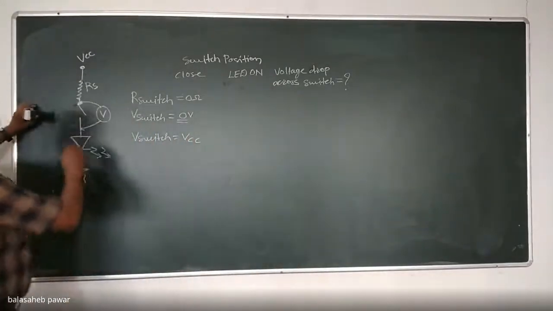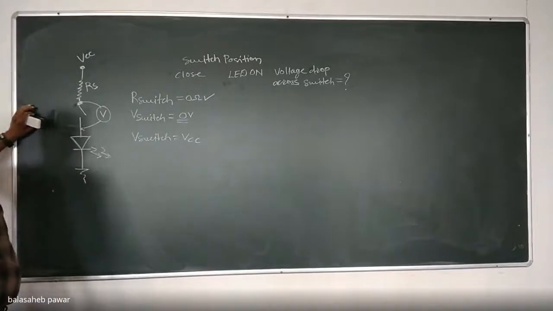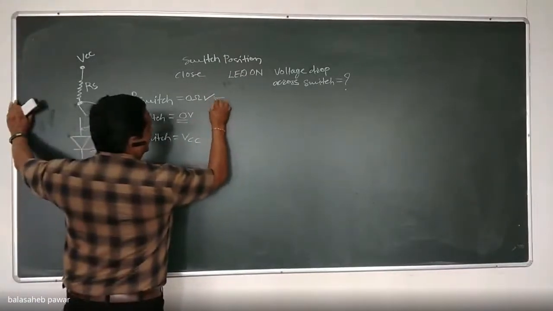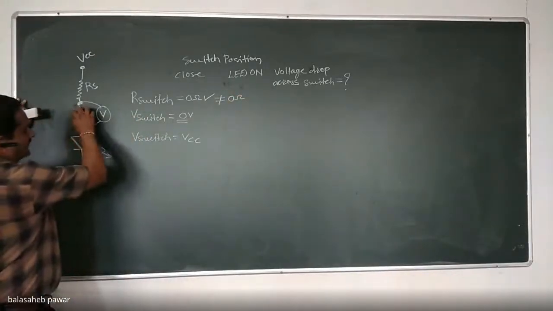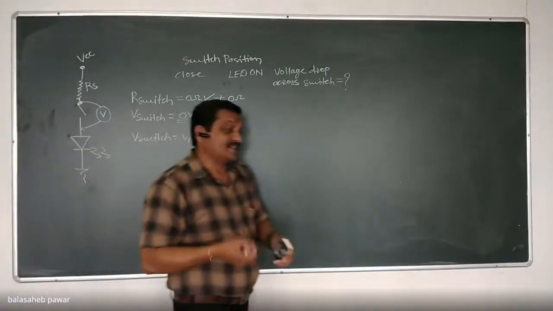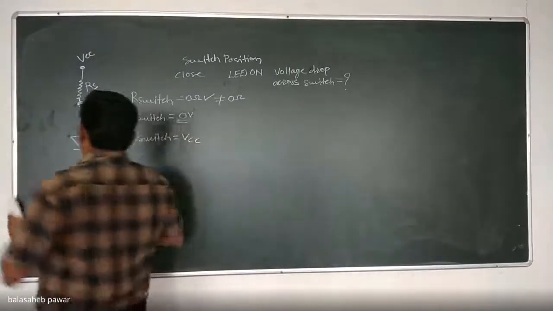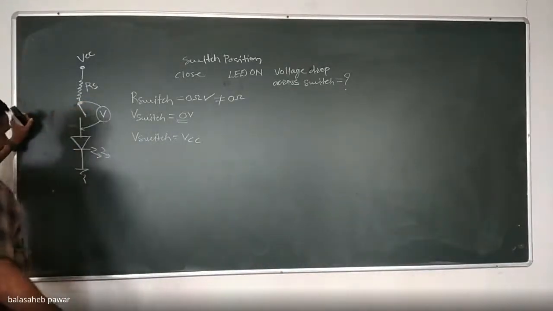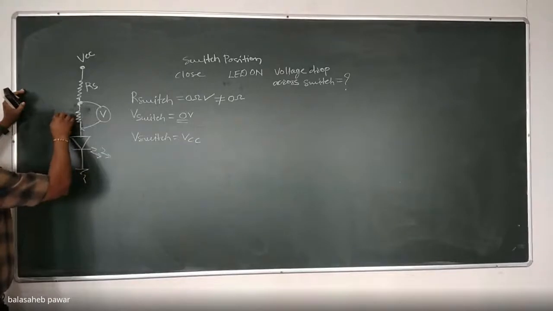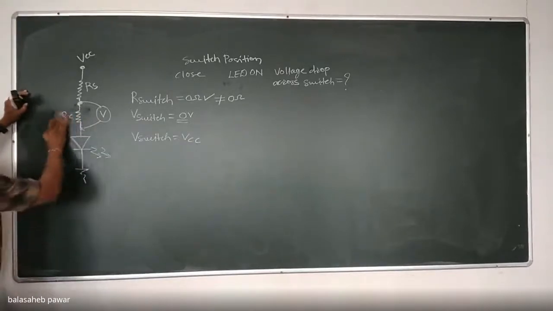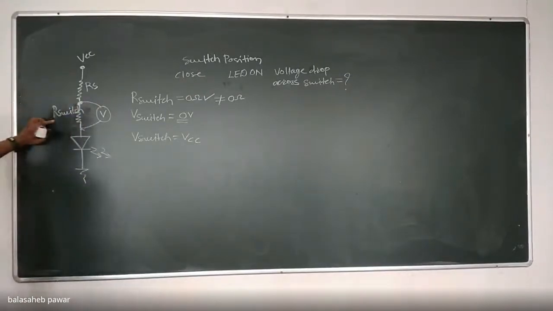Now, ideally, whenever that switch is closed, it will offer 0 resistance. But practically, it will not be exactly equal to 0, remember. Practically, it will have a small resistance, or it should be as small as possible, correct? See, why should that switch resistance be as small as possible? If I replace this closed switch by its own resistance, I will call it R switch, the resistance of that switch whenever it is in closed position, okay?